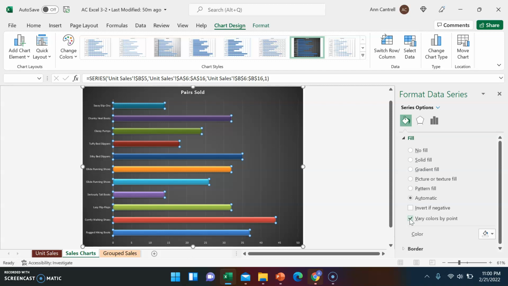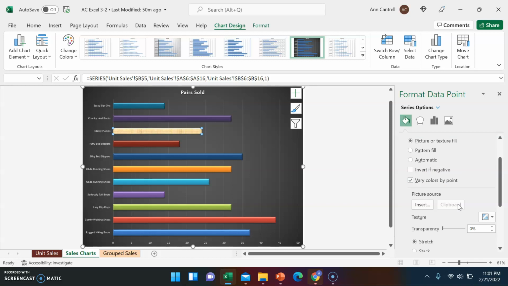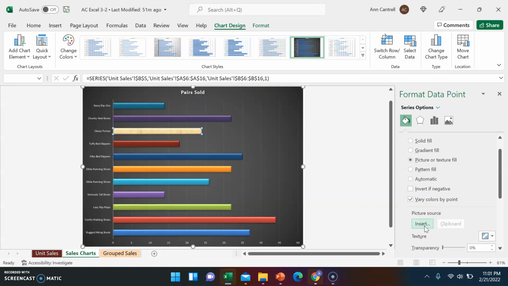Now I'm going to use a picture for a data point. This is number 6. I'm going to click on the Classy Pump. Here we are, Classy Pump. And it shows Format Data Point to the right. And now I'm going to click on Fill and Line again. Picture or texture, and then it asks me where I get the photo from. Picture source, insert,